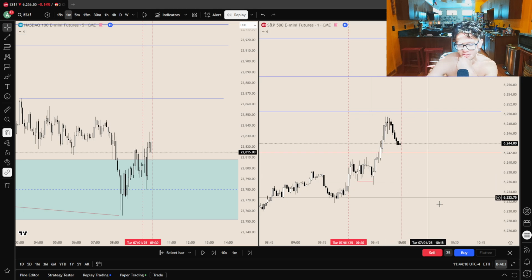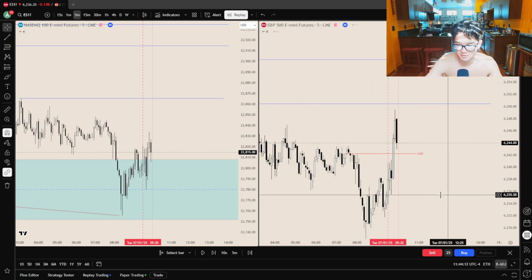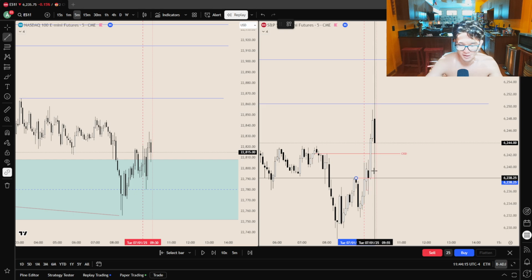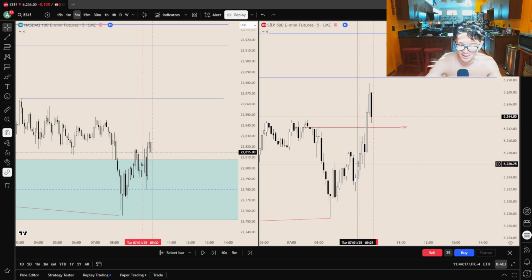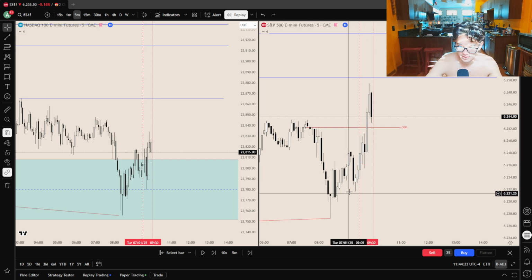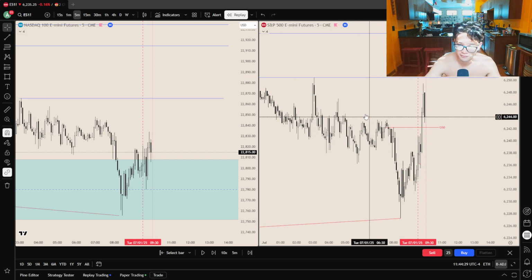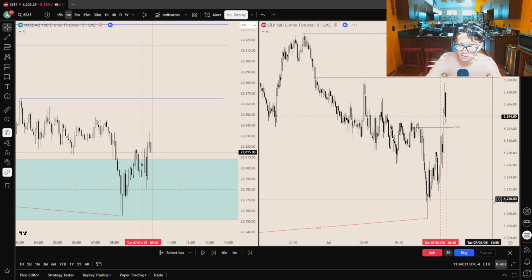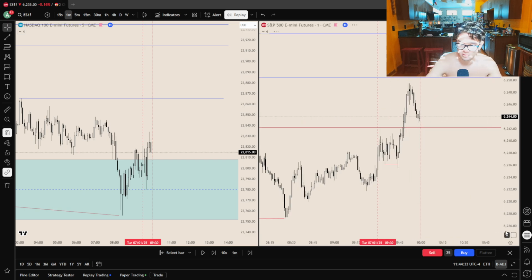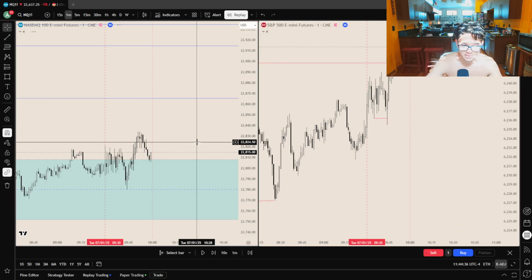because this is a clear entry right here. We had a 5-minute order block form. We tapped back into this 5-minute fair value gap, inverse fair value gap right here. And this is like a little breaker formation as well. So this is a clear area that we would push off of with a clear draw on liquidity. I think we also had SMT at this time as well.